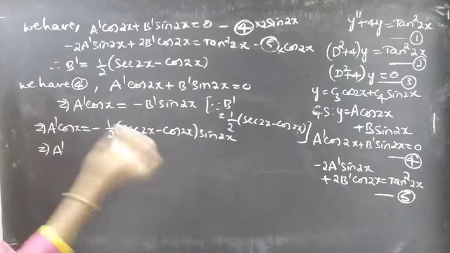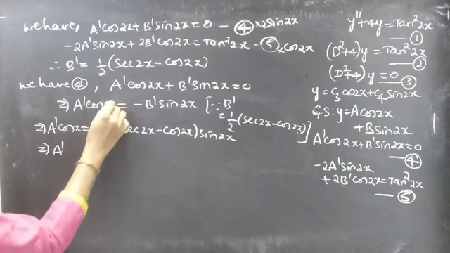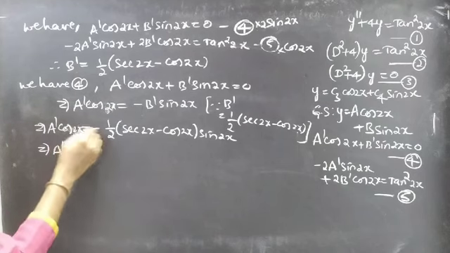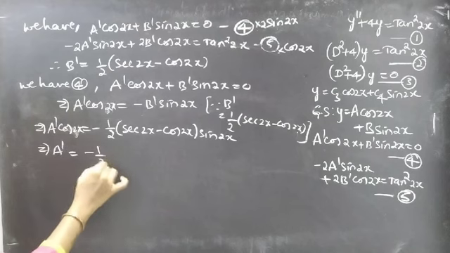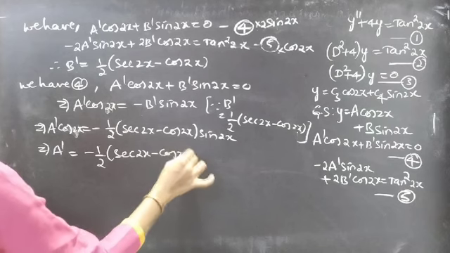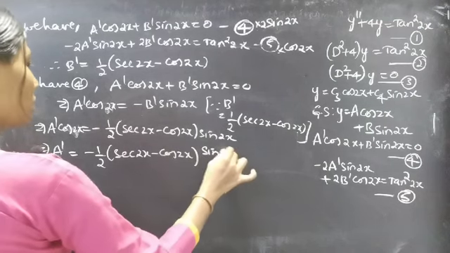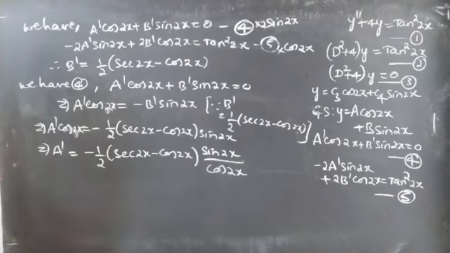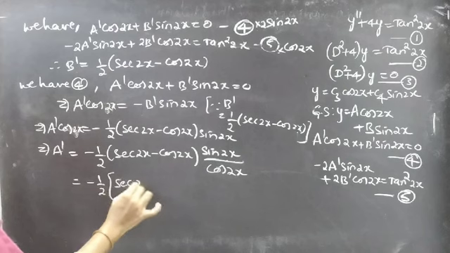Now take this cos 2x to RHS, then we'll get a dash equals minus 1 by 2 into secant 2x minus cos 2x into sin 2x by cos 2x,